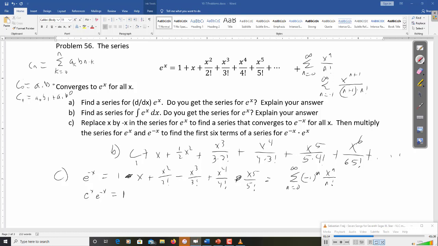Now, this is our a and this is our b. 1 times negative x, and then x times 1. So that's 0. So there is no 1 term. So plus 0 plus